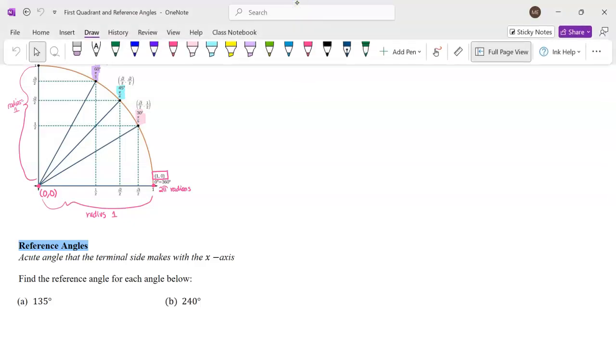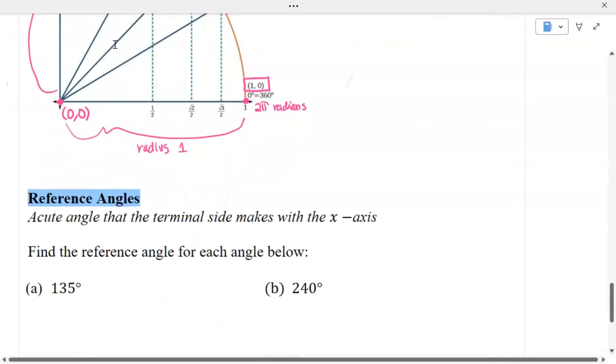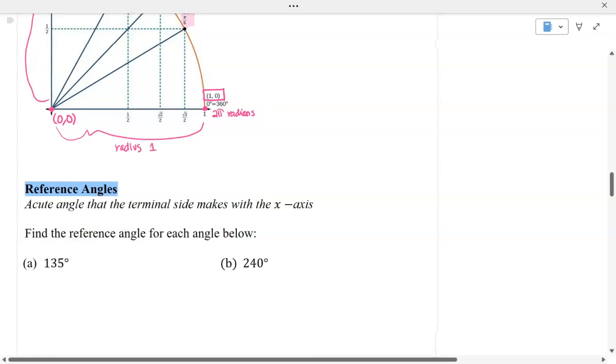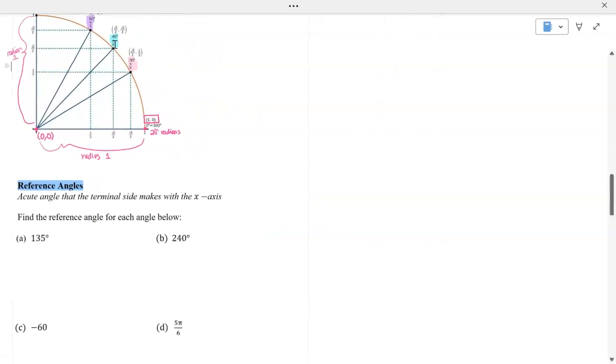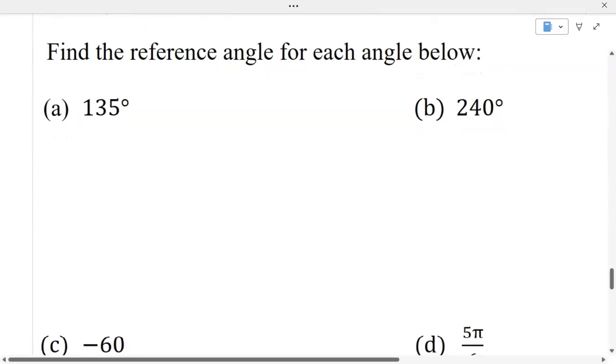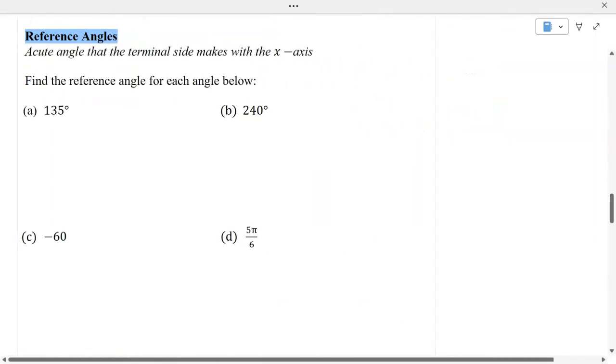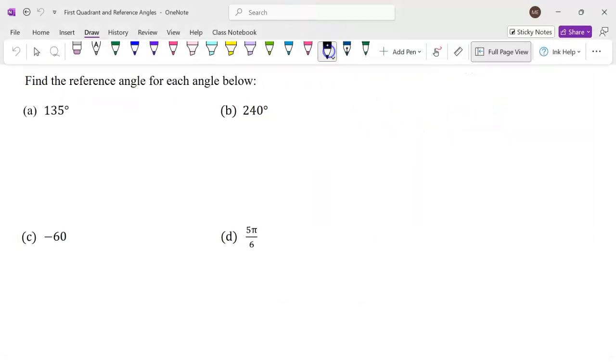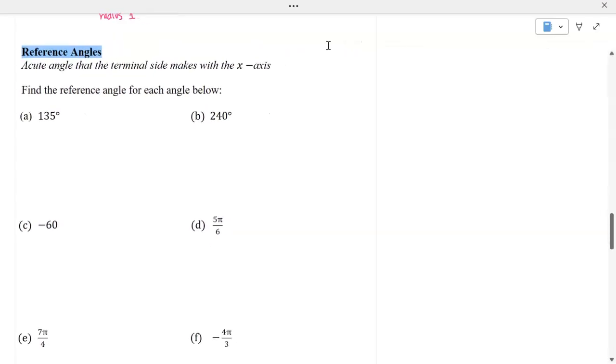So now that we've learned about the special right triangles in our first quadrant, I want to talk about something about reference angles, because we're going to use that information along with reference angles to be able to identify and evaluate angles all around the unit circle. So if I take a look at this 135-degree angle, when we are coming up with a reference angle, it's